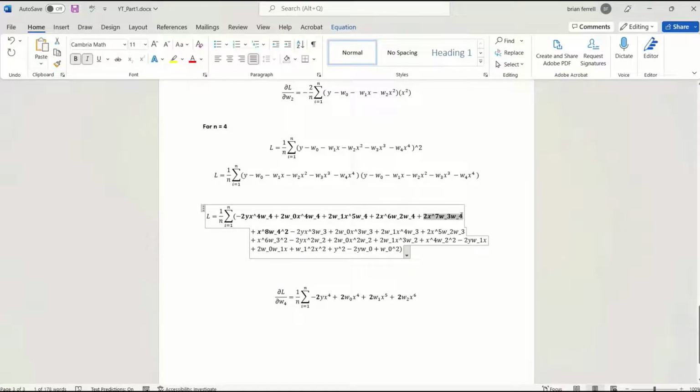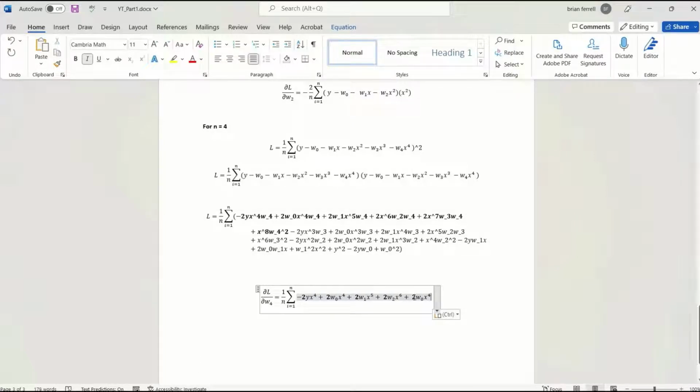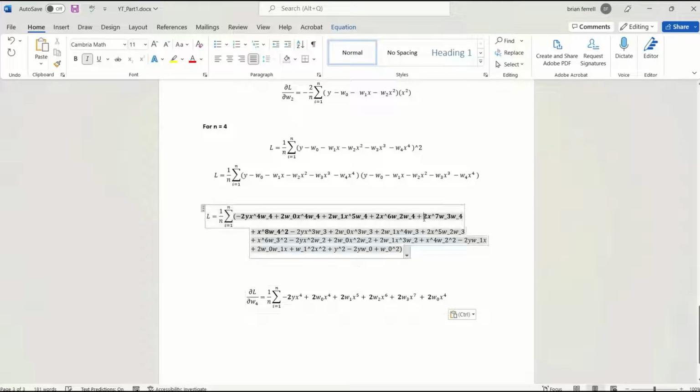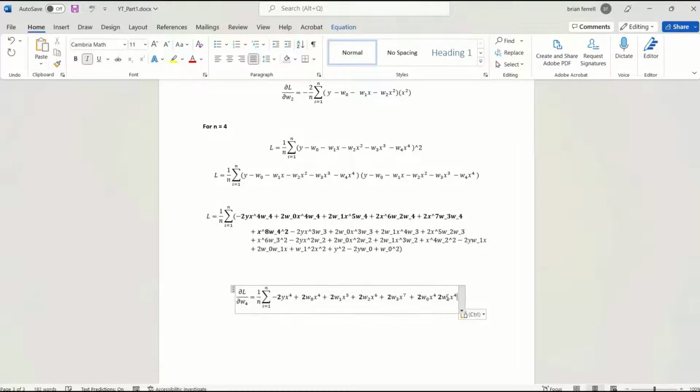Then we have this one, and this one had a minus. You would have 2 times x to the power of 7, weight 3. And then we have our last one, which is x to the power of 8,